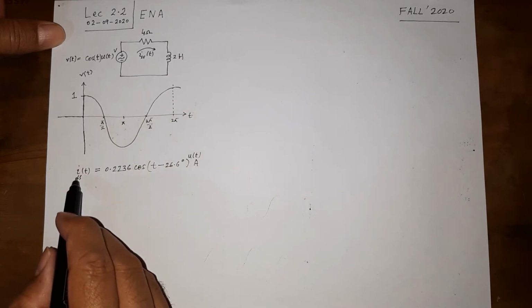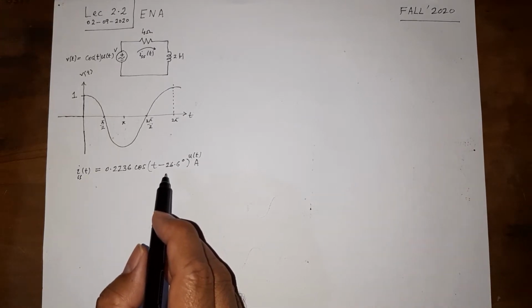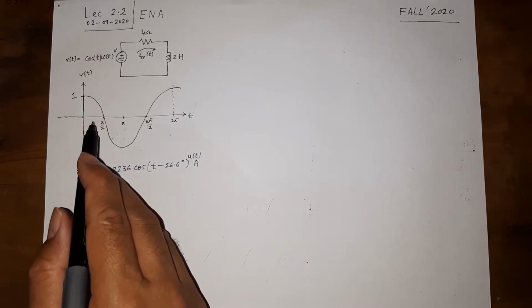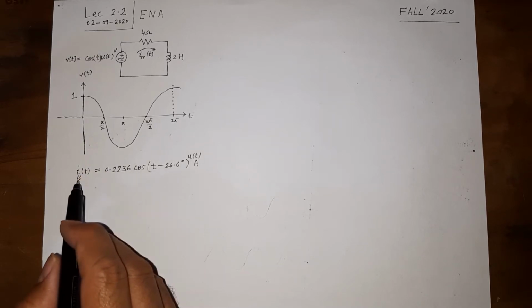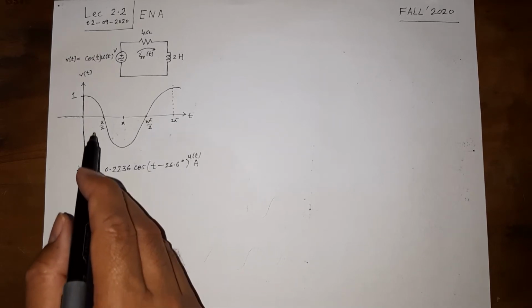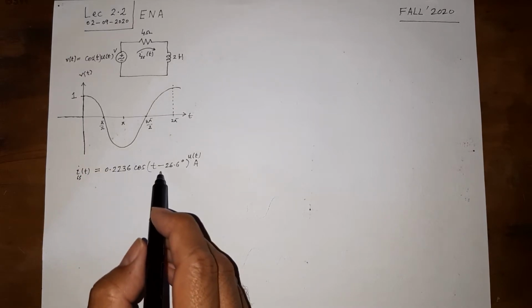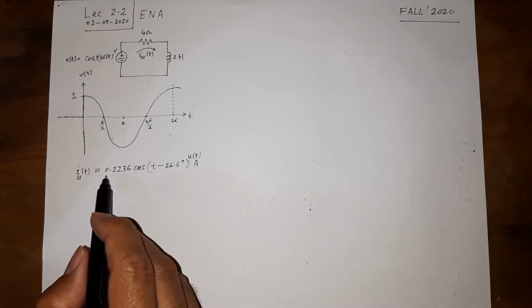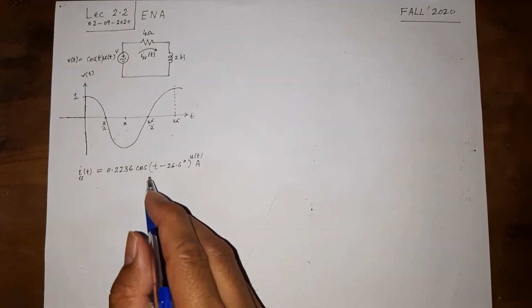Now you see, if we like to plot this one, I think I should go and get a blue ballpoint just to not mix things up with this voltage curve, as I would like to draw the current curve on this graph for us to understand what this minus 26.6 degrees means. Okay, I'm back with a blue ballpoint.